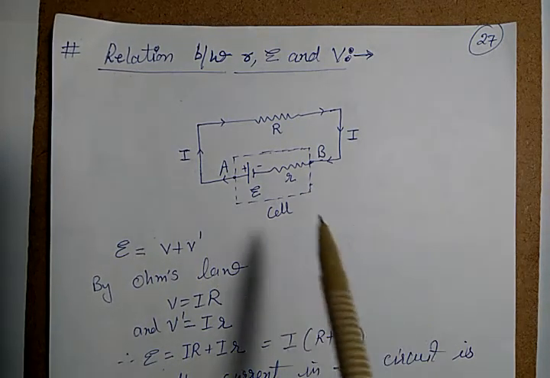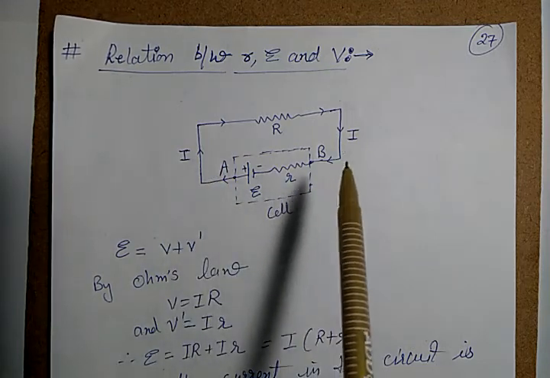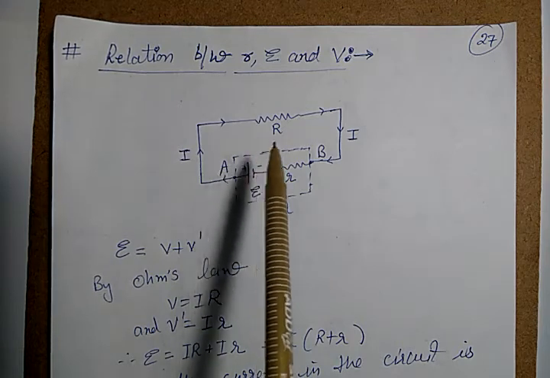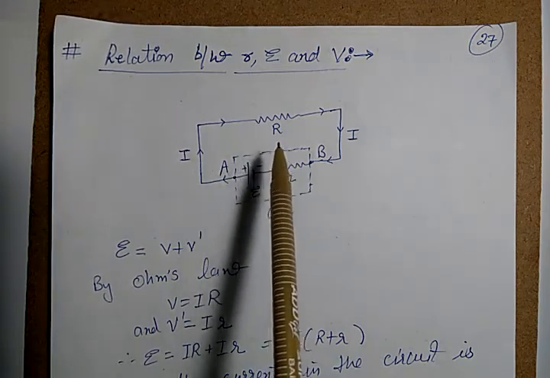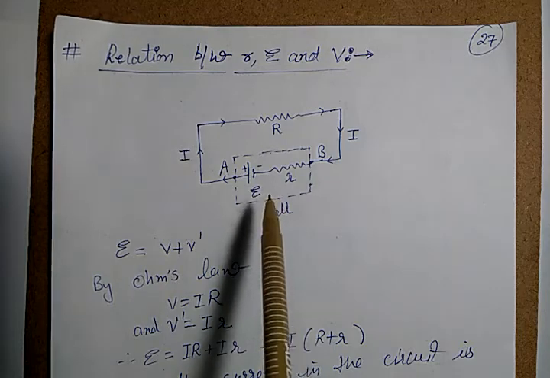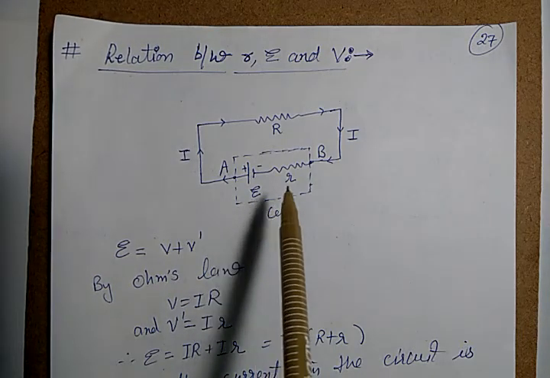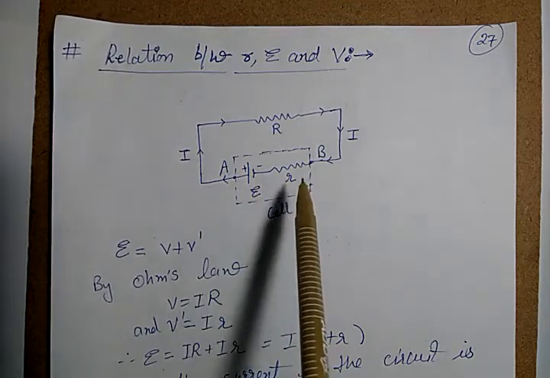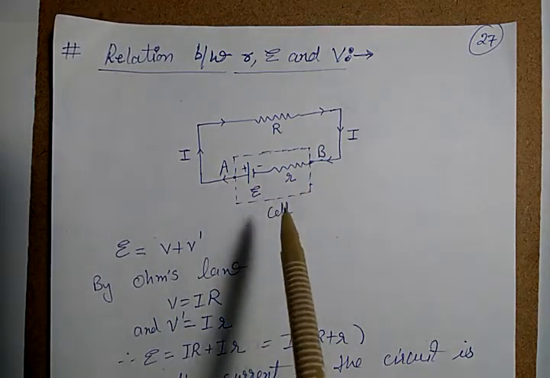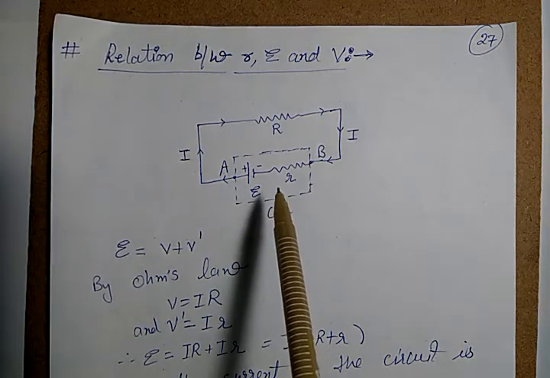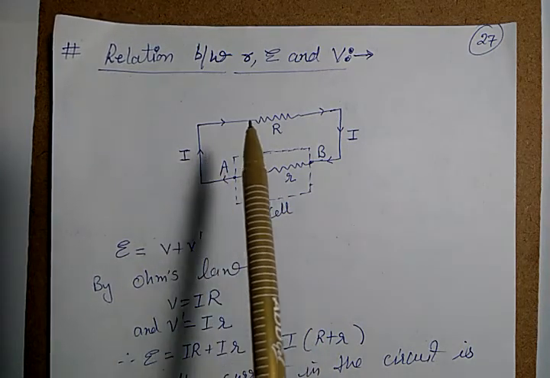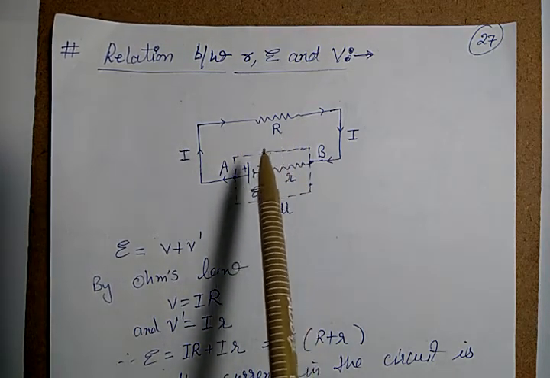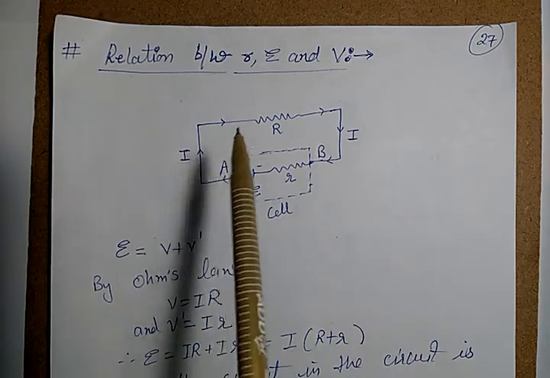Now in order to find out the relation, let us consider a circuit diagram. So in this circuit diagram, we are having a conductor whose resistance is R, a cell whose EMF is E, and internal resistance is r. A and B are two terminals of the cell, that is, the positive and negative terminal. As the cell is providing continuous flow of current to this resistance or conductor, let I be the current across